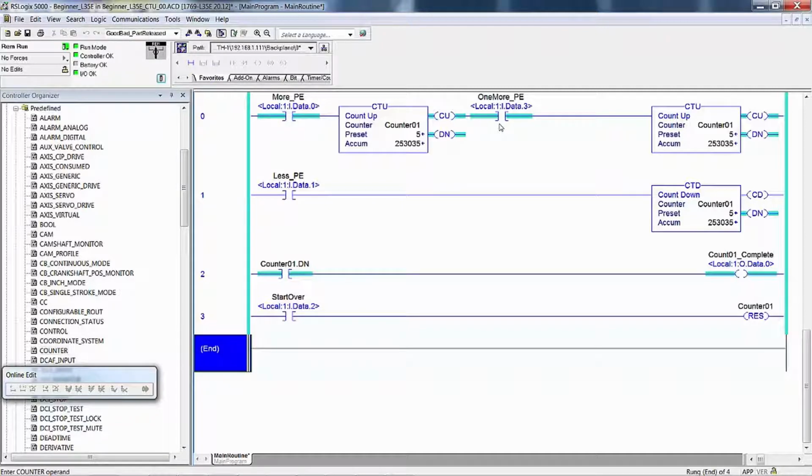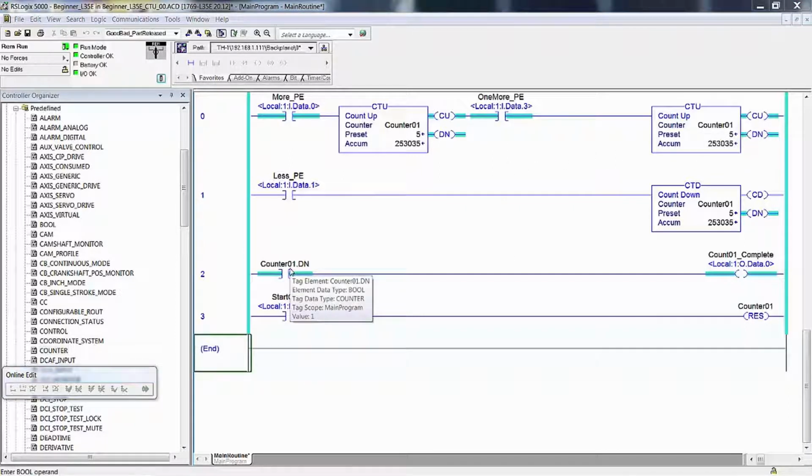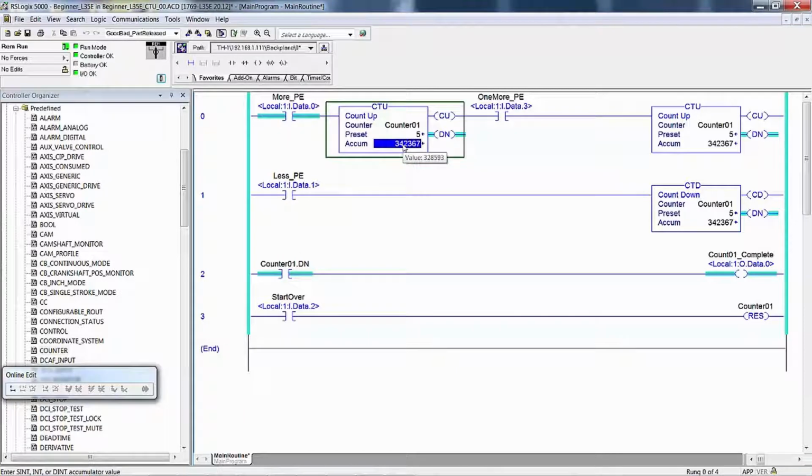I think that when you first start programming, you're going to be so focused on coming up with code that matches the process that you're not going to try to do anything crazy like this. If these were two different counter data types, counter 1 and counter 2, that would be a different story. In the manual, I had you leave more PE on, one more PE off, to let this accumulate up to the maximum. However, we don't want to wait that long, so select it and then type in